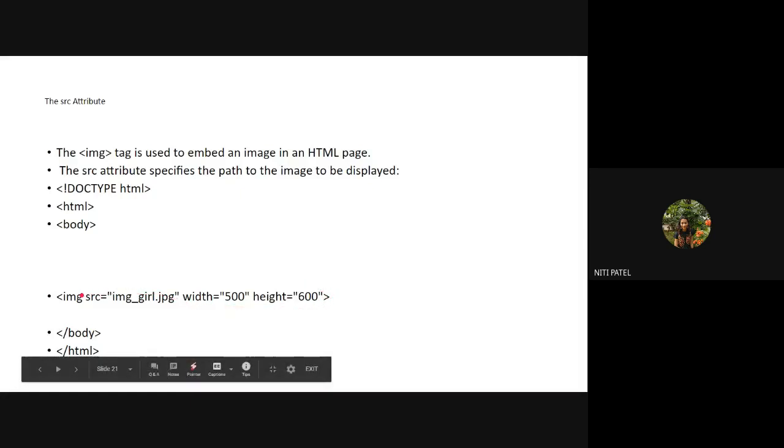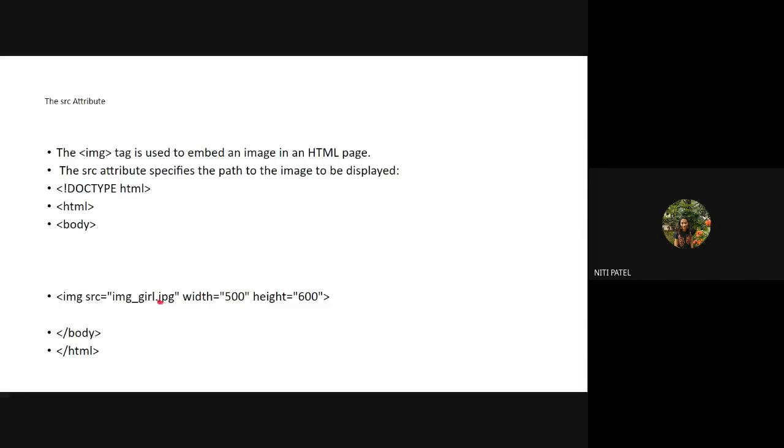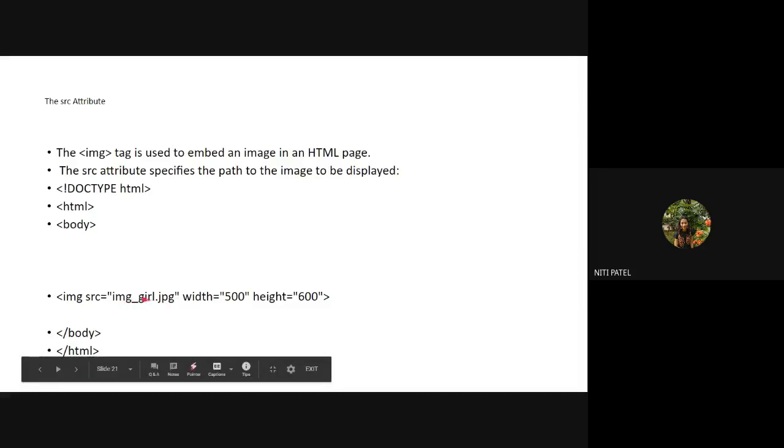I have not closed the image tag over here. Since it is an attribute, I will first mention the attribute and then close the start tag. Clear? Now what is there in SRC? image_girl.jpg. What is this? Nothing but the image which I want to display on the website. So I have downloaded an image of a girl and named it image_girl.jpg. Whatever is the name, I have to put that name into these two double quotes. And whatever is the name of the image, the same has to be written over here.